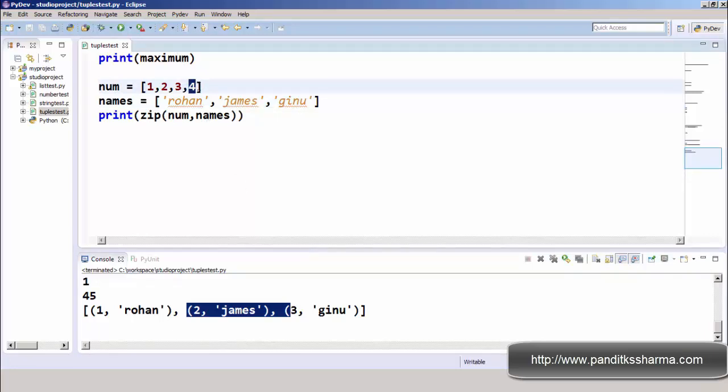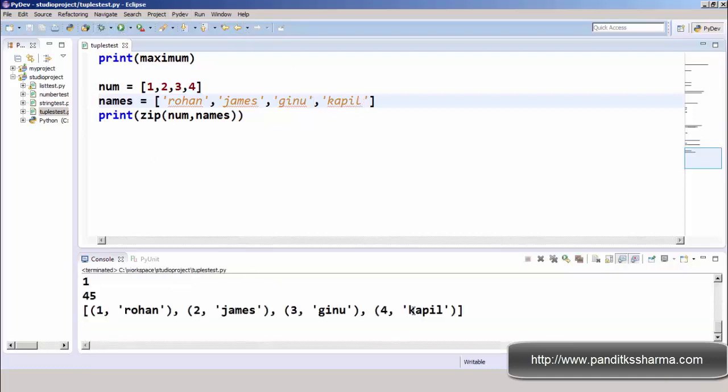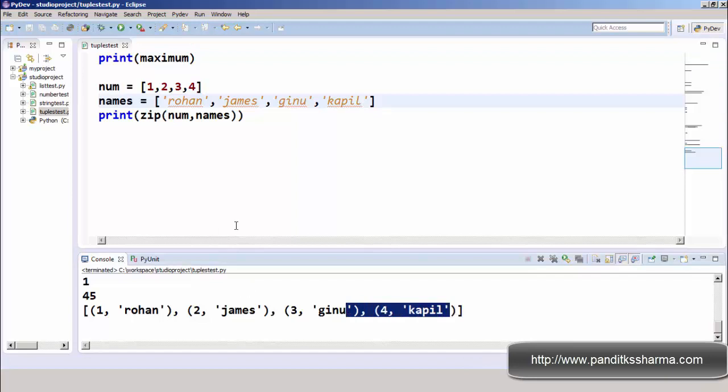So it runs to the minimum length of the sequences we are passing. I will pass one more value in this list and make it equal to Kapil. Now just run the program. So it will work like that.